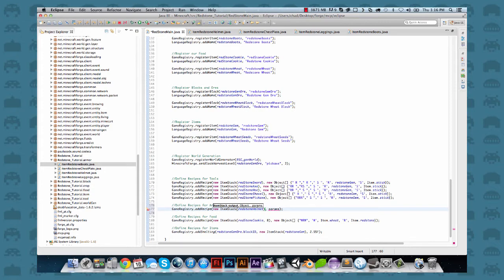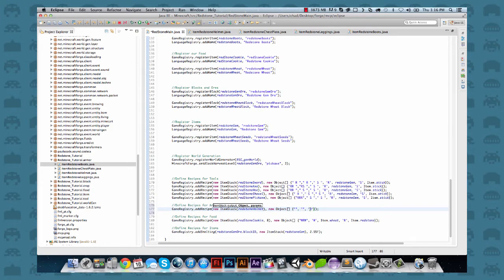Now we can specify, and here's one thing: I've already showed you how to specify a number of how many, so I'm not going to do that again. If you just want one, you can just put in new item stack, Redstone helmet. Bam, and it's good to go. Next one is new object with a capital O, not an I, two square brackets, an open curly bracket, a closing curly bracket, and then within those curly brackets, now the helmet goes on two lines, so we can just put in two of these,